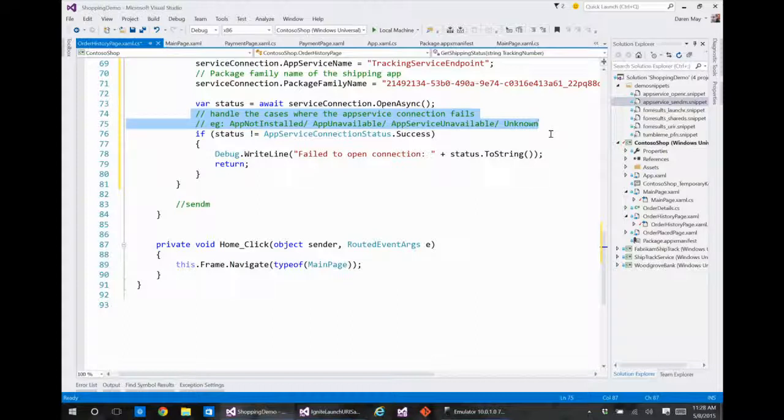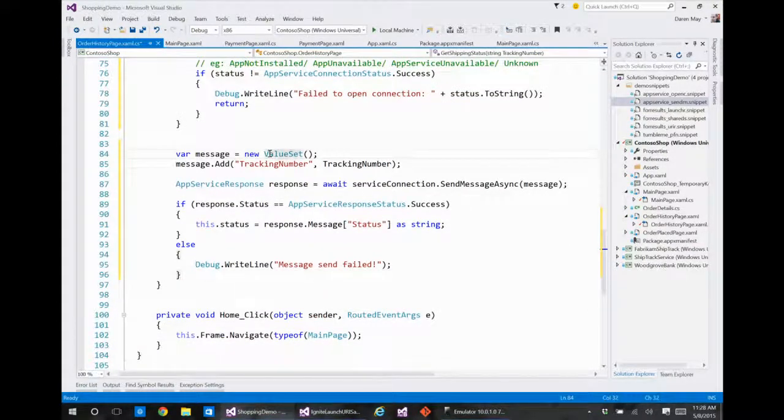Obviously, your snippet should have decent error handling. If it's not equal to success, then we're going to debug and return an error. Otherwise, we're going to go to the next part of the scenario, which is we're going to create our value set, bringing our tracking number, then we're going to send message async, and we're going to await the response.